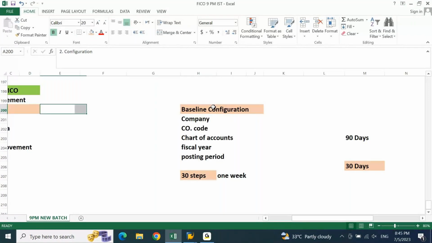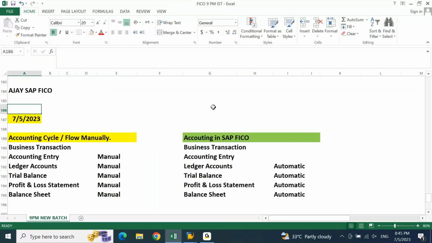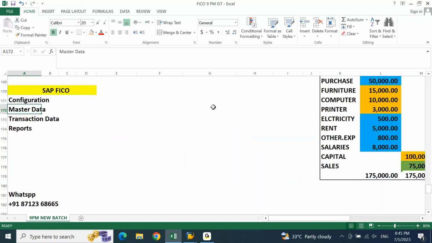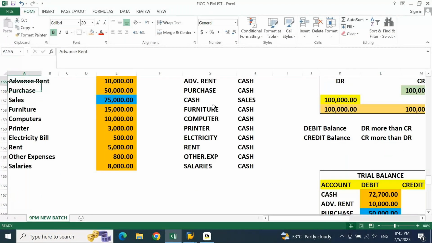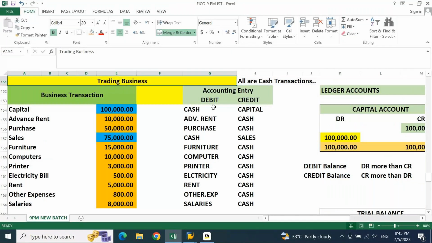Now if I go to the top, this is what we did yesterday. We took some trading business, some basic transactions. Now is it easy to see and prepare the financial statement until the balance sheet, or is it difficult? Easy. Now is this a valid scenario or invalid scenario from an accounting point of view? Initial starting basic accounting point of view, is this a valid scenario or not? Yes, valid.